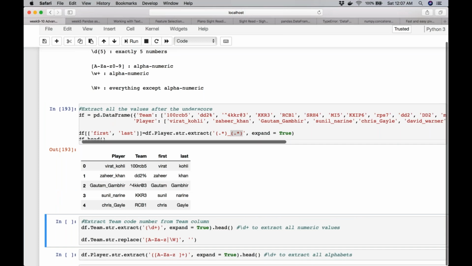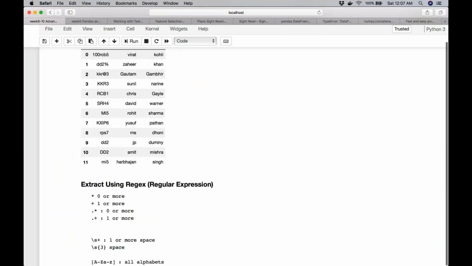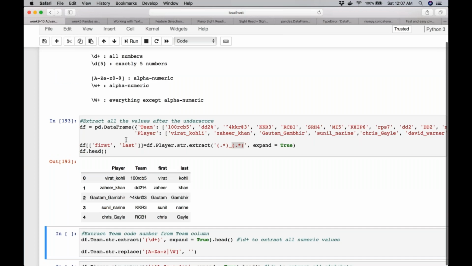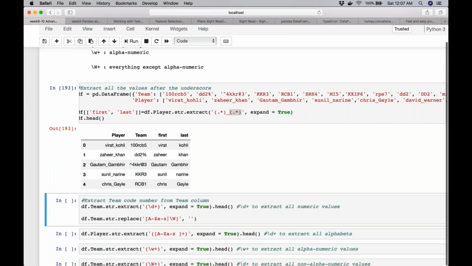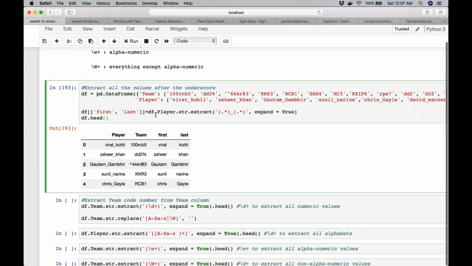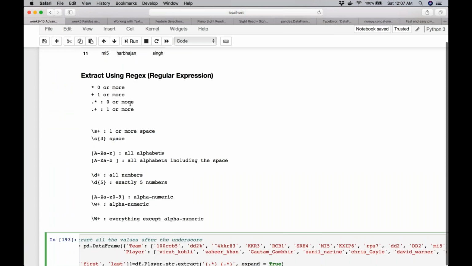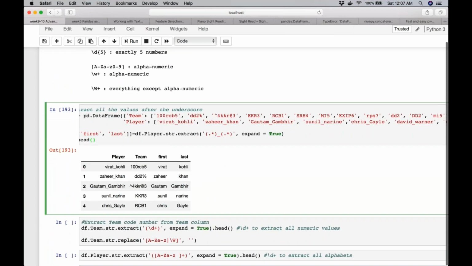And what I got is my first and last name. Of course, I haven't dropped the player column, so it is still present here. In this case, I also dropped the player column, that's why it disappeared. So this is the first example using just everything, dot star, which is just extract everything. Does this make sense? Is this clear? We'll go through all of it one by one. Don't worry, this is just the first example.